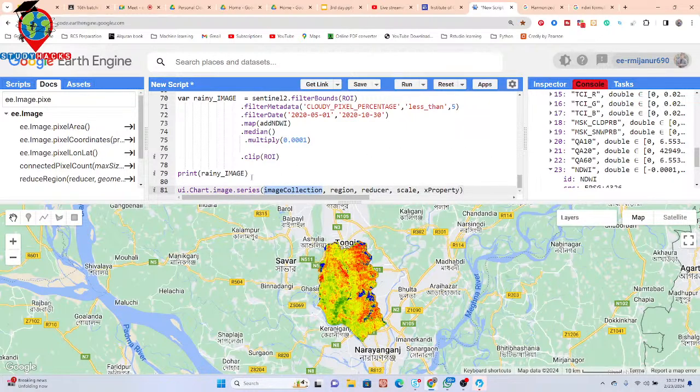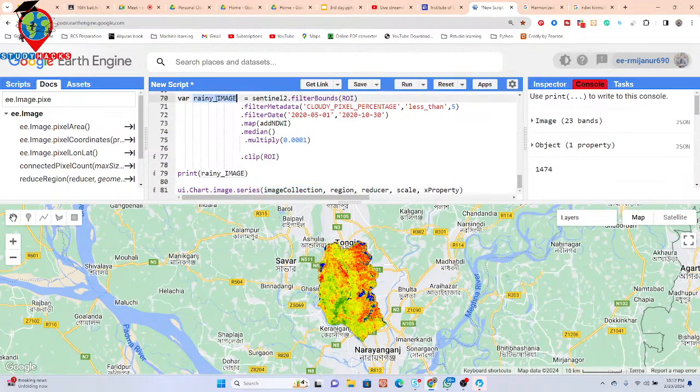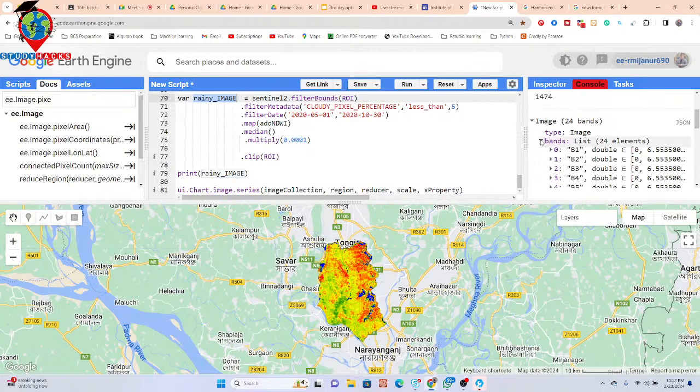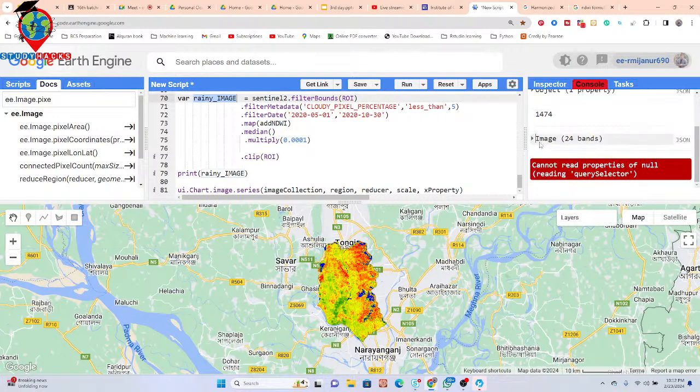But this time this variable is stored for only one image, because I used the median. Median means that it makes one median image. All of those images are used to create the median image. So it's not an image collection, it's just a single image. And for a single image, it's not possible to create